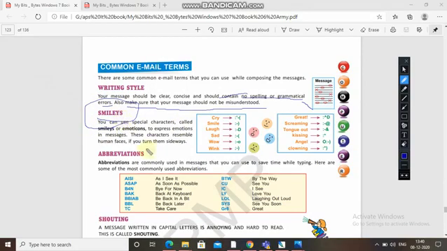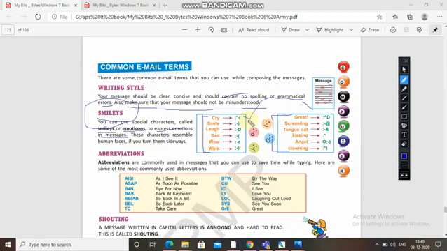You can use special characters, which are called smileys or emoticons, to express emotions in messages. If you want to show emotion in a message, like we do using WhatsApp or Facebook, we can see these emoticons.